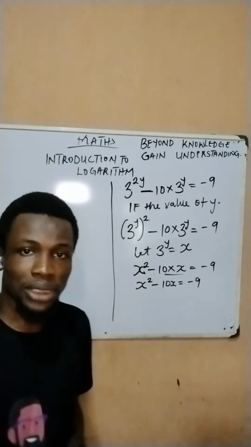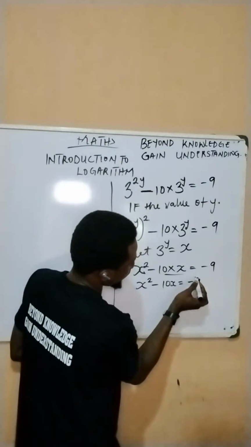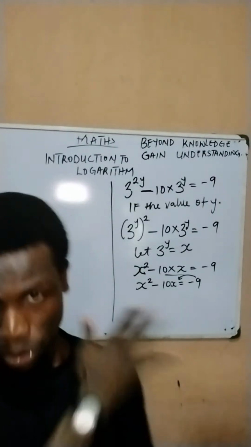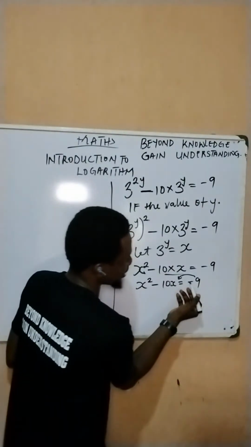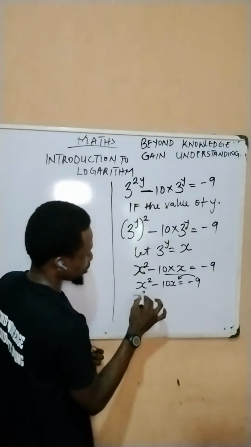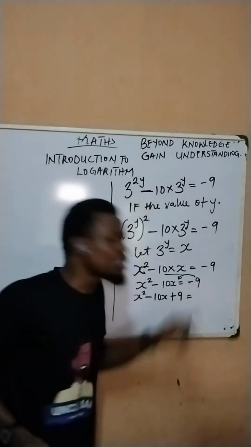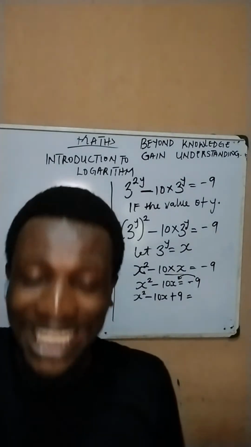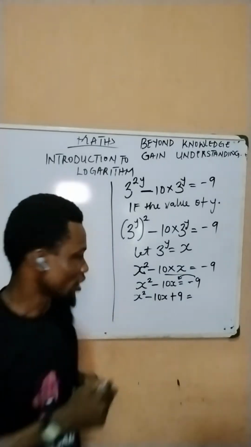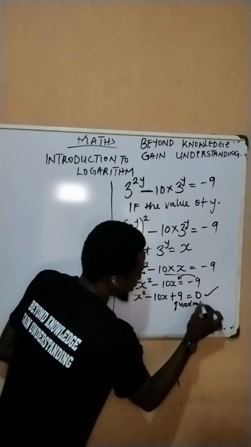Then I can do one more thing to make it a complete quadratic equation. I can push this negative 9 on the right hand side to the left hand side. If I do that, the negative sign, because it's crossing the equality sign, is going to change and become positive. So this becomes x squared minus 10x plus 9. Now I cannot leave the right hand side empty, so I must attach a value there. What other value to attach than 0, because it doesn't change anything. And voila, this is our quadratic equation